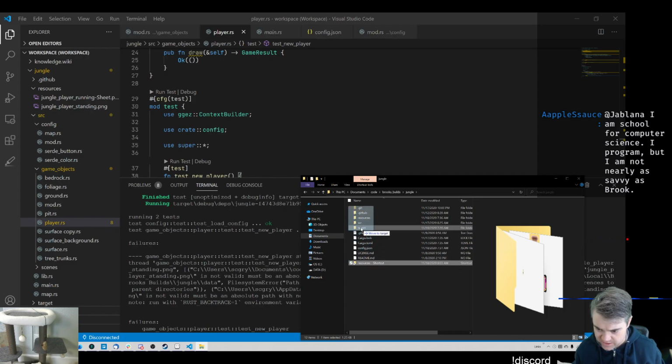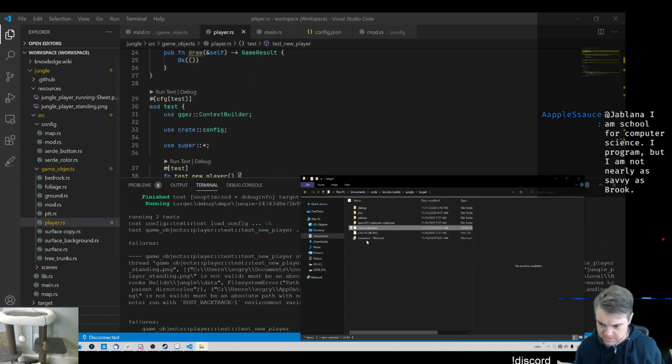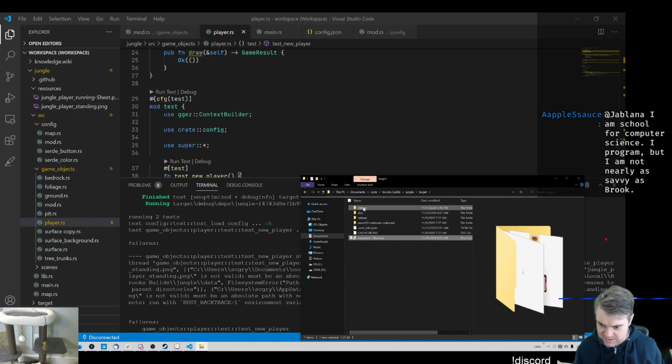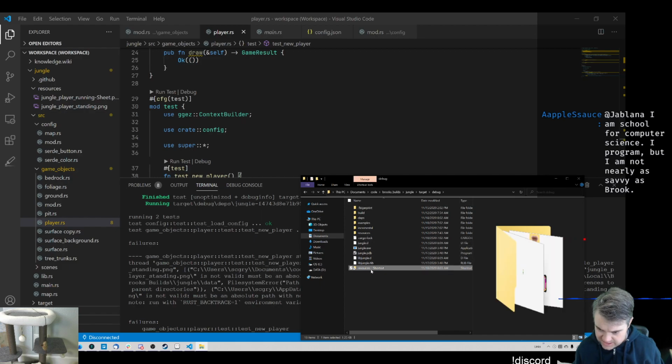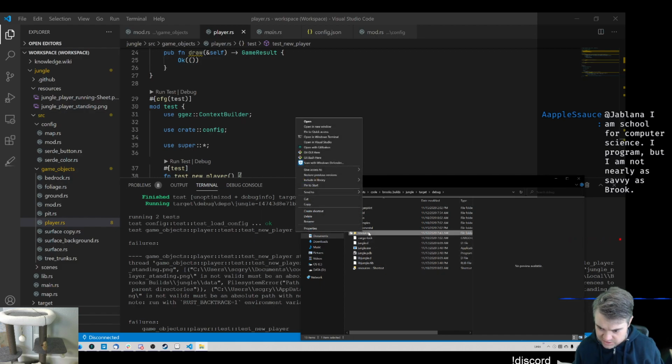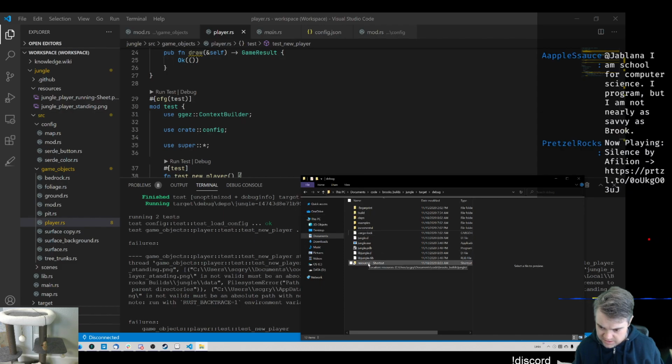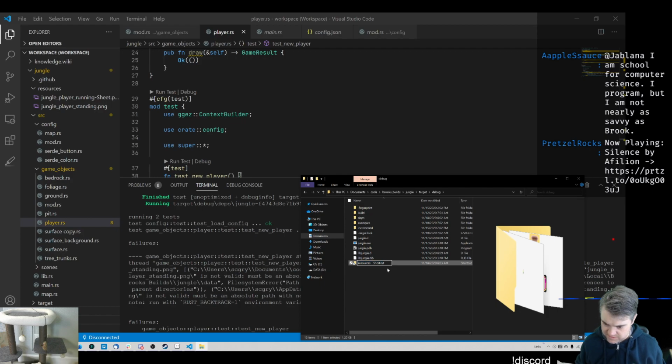Throw it into target. Is this like an alias then? Throw it into debug. So here's that. Oh, here's the resources. So I want to delete it. I have resources just be this. Okay, so if I do that,